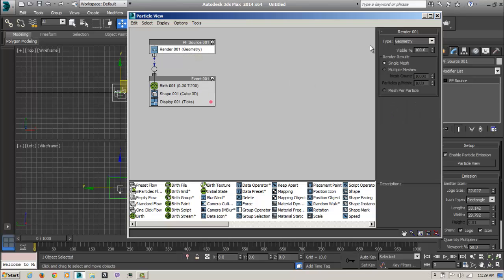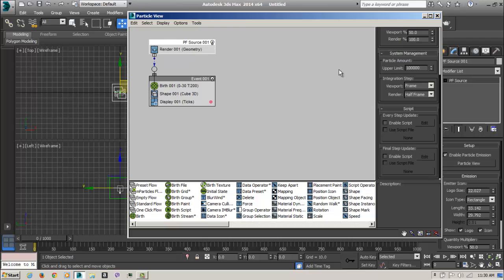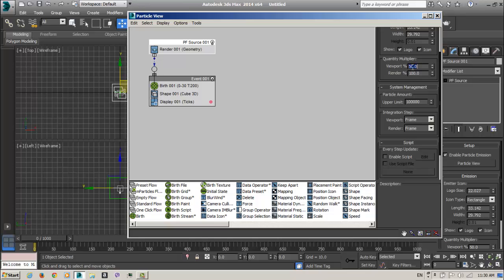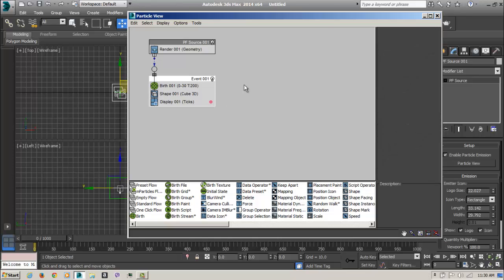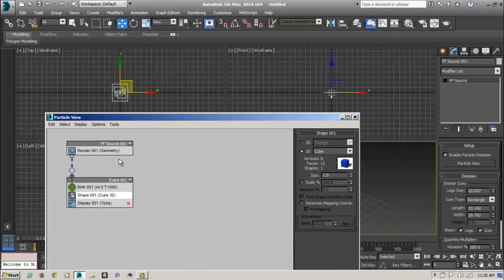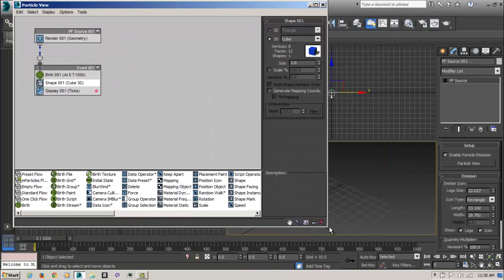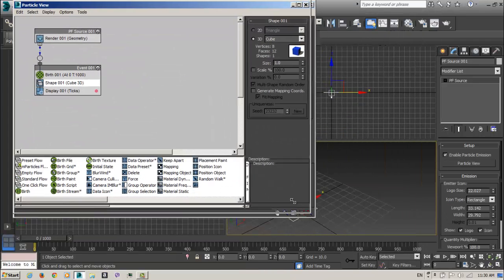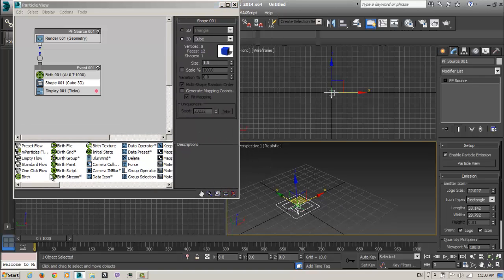It's up to you. And go here to the PF Source, make it frame, and I want to see everything. Okay, and I want to have 1000 particles. So you will see right now nothing here because we have no position.